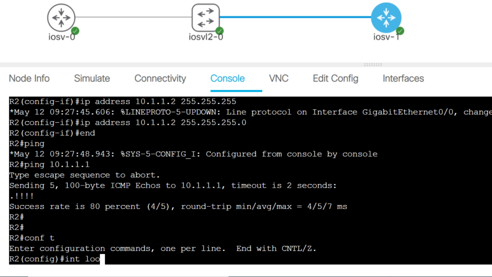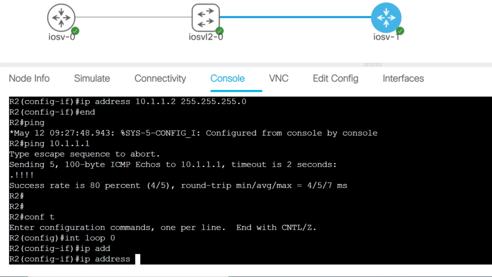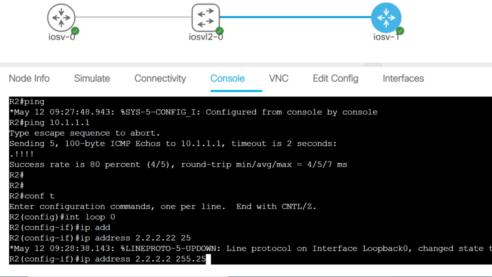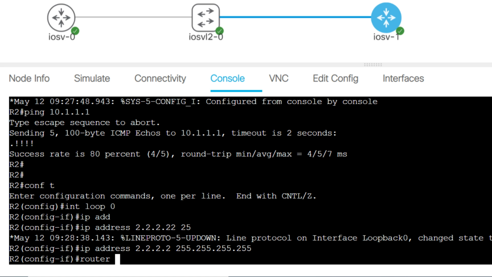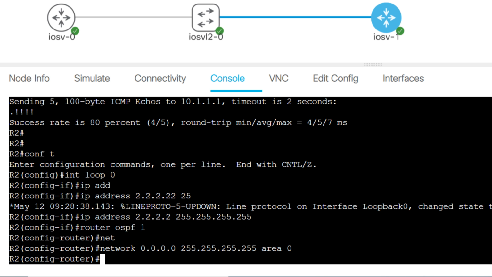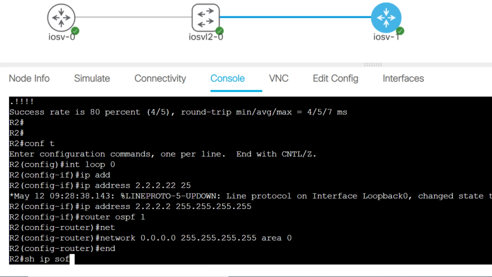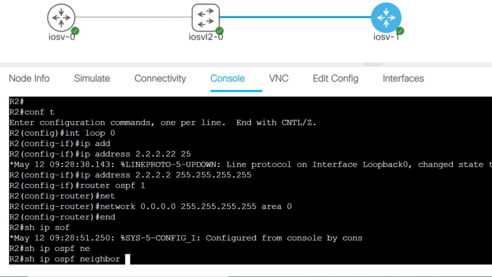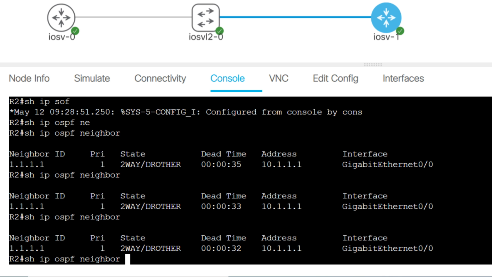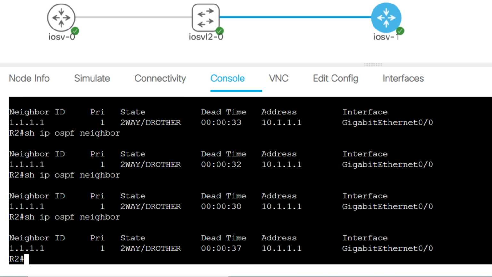So interface loopback 0, IP address /32 mask, router OSPF 1, enable OSPF on all interfaces, show IP OSPF neighbor. Neighbor relationship is at two-way at the moment, but you can see a neighbor relationship is being formed